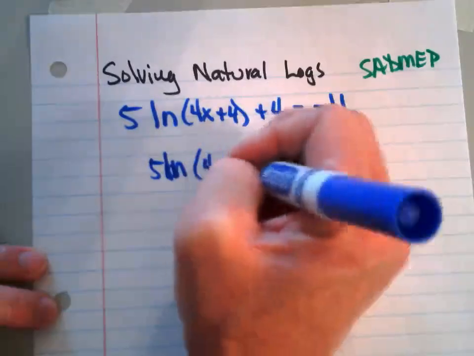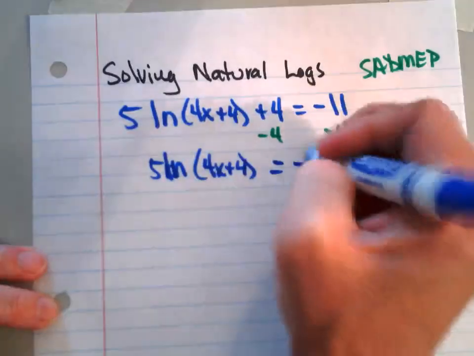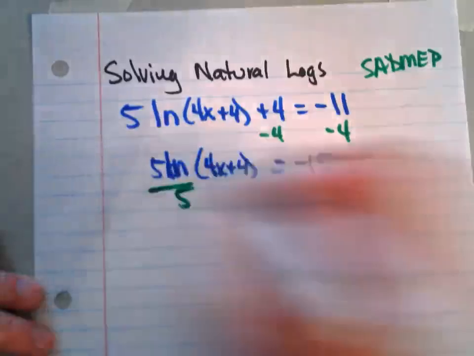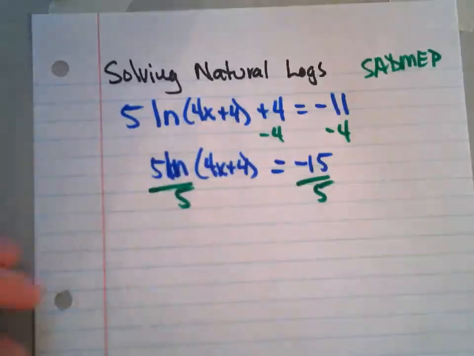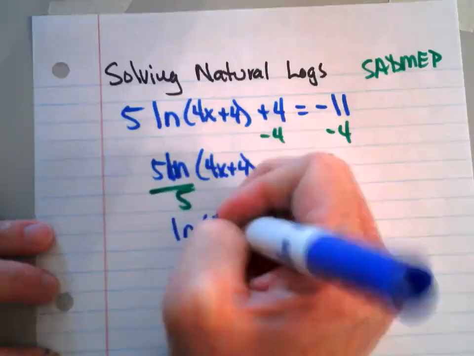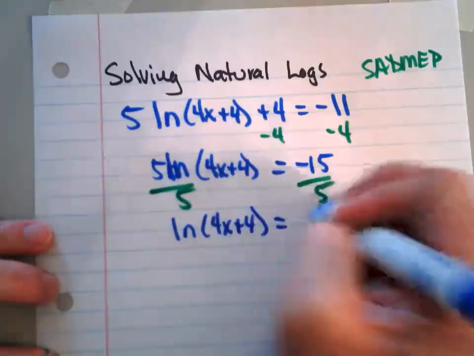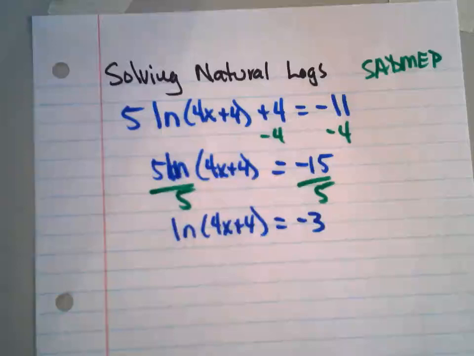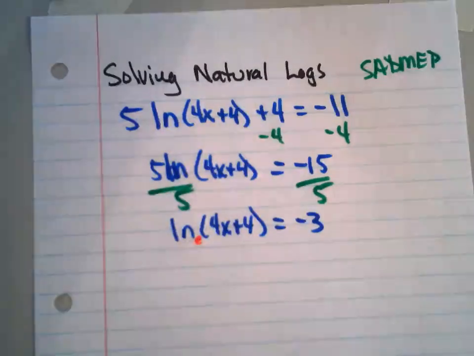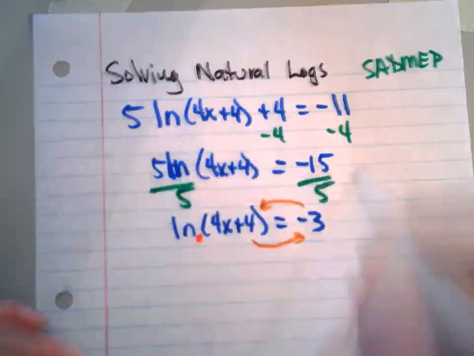Five natural log of 4x plus 4 equals negative 15. We can divide by 5. Natural log of 4x plus 4 equals negative 3. Remember, you have an imaginary e down there. So as we rewrite this problem,